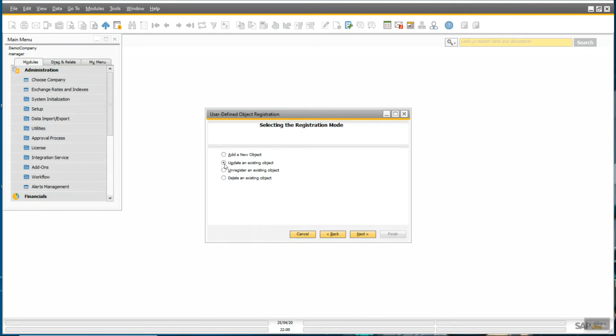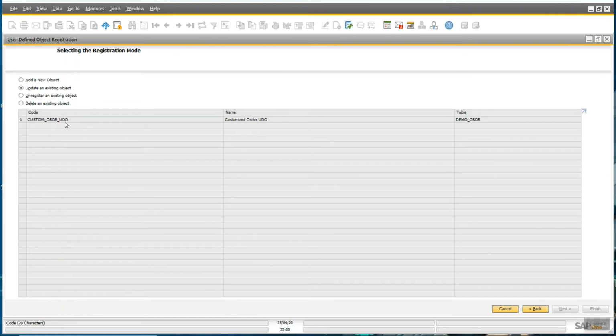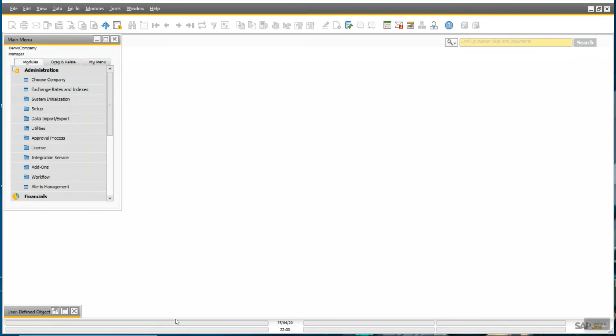Next, update. See, we have created this object, customized order UDO. Coming back to our application, we have seen how we use our ready-made functions to create user-defined tables, user-defined fields, and the UDO object.